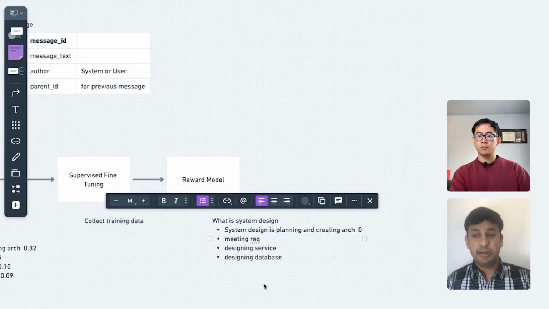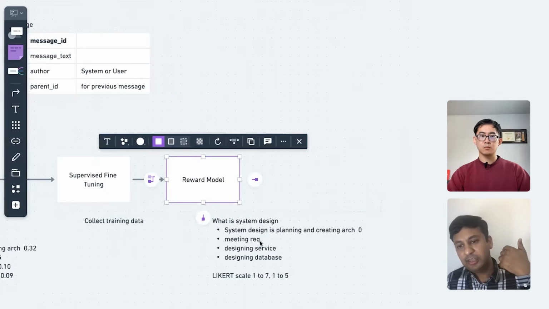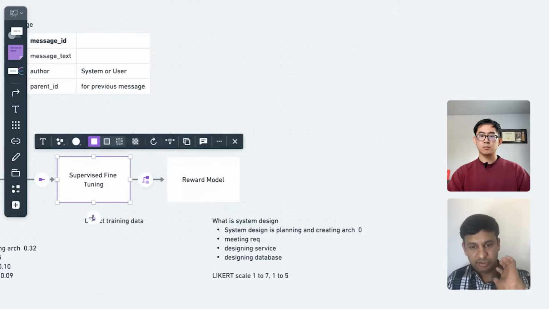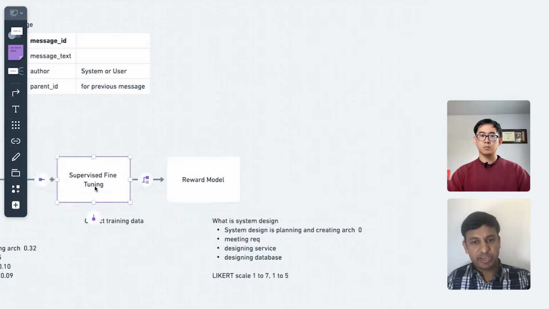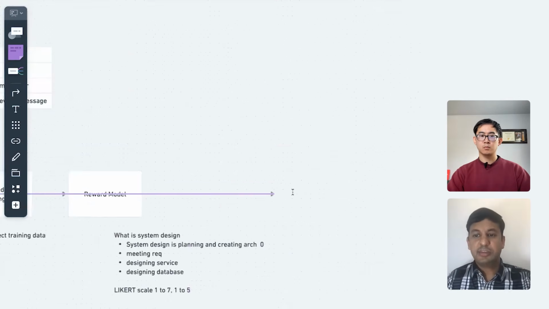There is something called the Likert scale. It can be in the form of 1 to 7 or 1 to 5. So I can give a rating from 1 to 5 or 1 to 7, and that scalar value will tell you how good that answer is. Based on that, I'll put it in the reward model and train that reward model. Using this training data, training the supervised fine tuning model and the reward model, I'll create the final